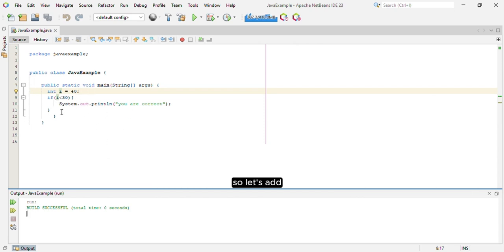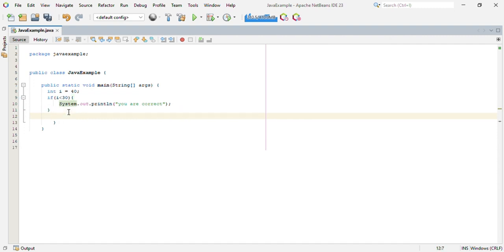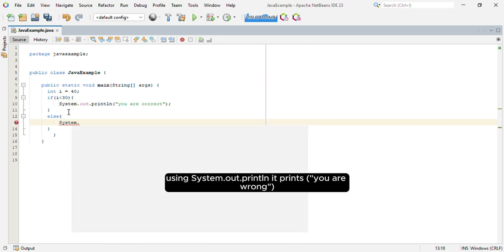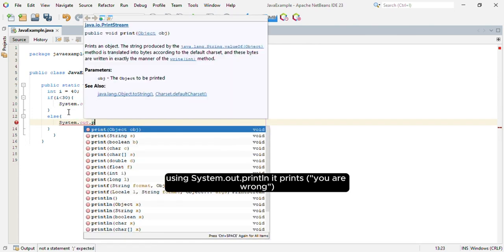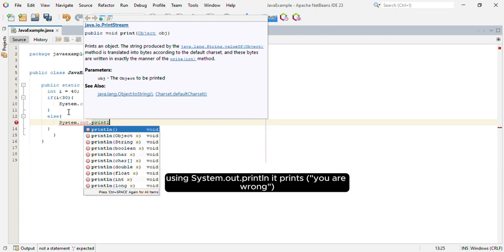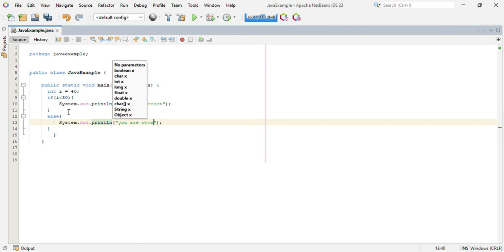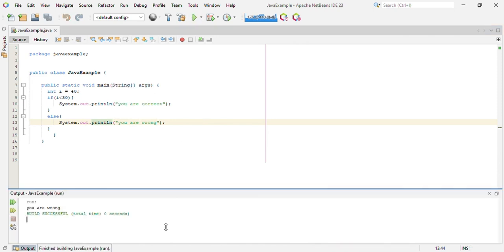So let's add else, open curly brackets, using System.out.println, it prints you are wrong. Let's see how it works. And there you have it.